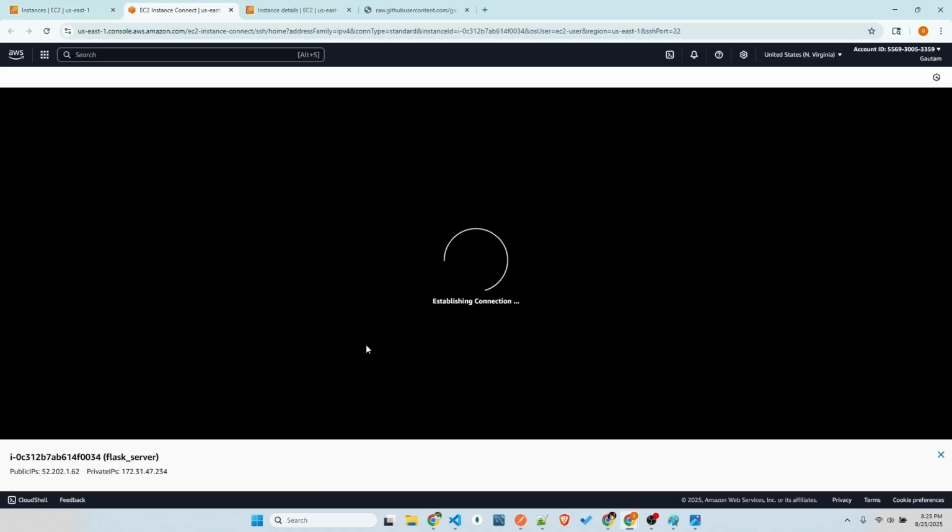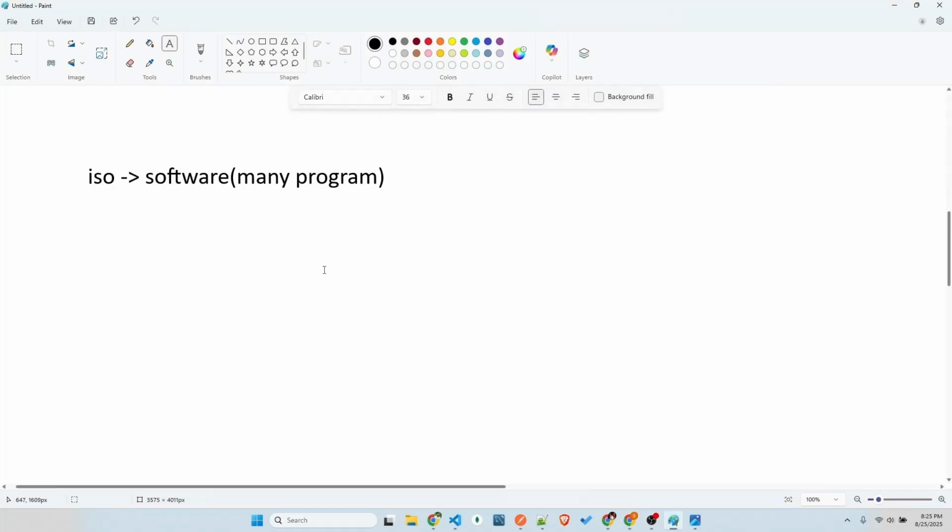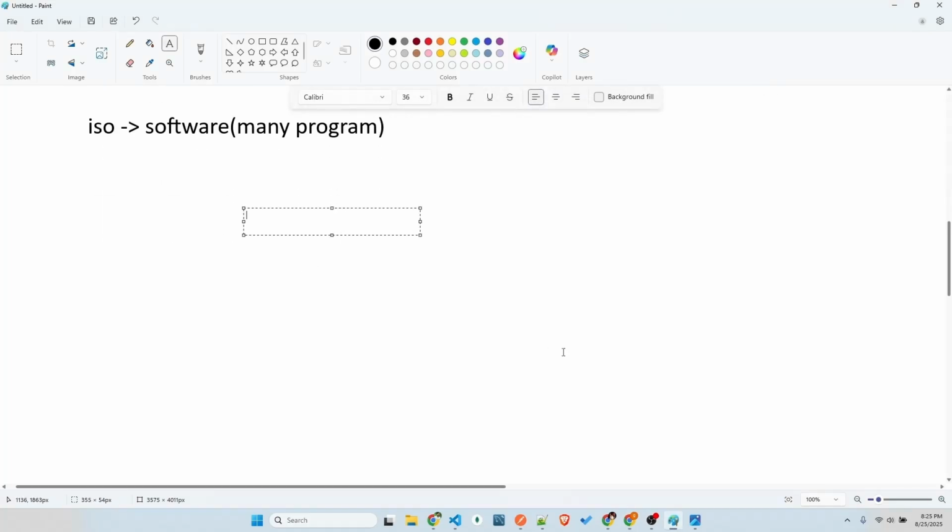Okay, once you're here, now you can see there are two things. There are two kinds of OS: one is GUI kind of OS and the other is CLI kind of OS. That is the way you are going to operate the OS. Just now, we are using Windows over here, which is a GUI kind of interface, a graphical user interface, where you can just click on all the buttons and explore it with